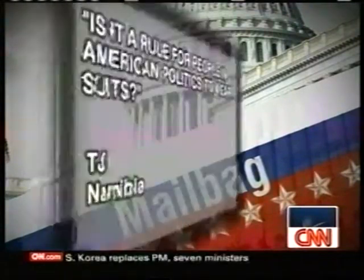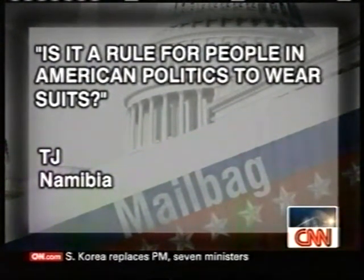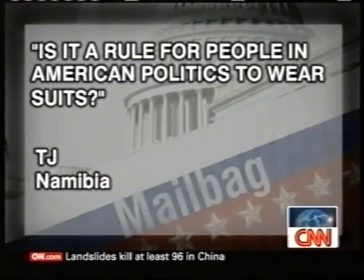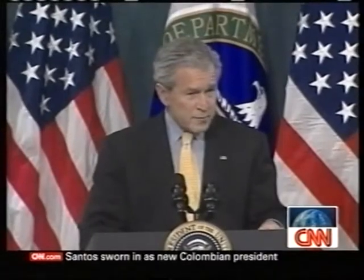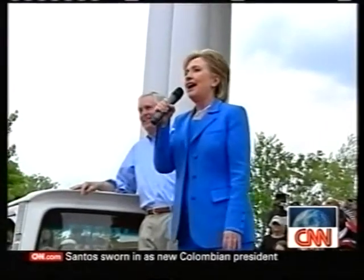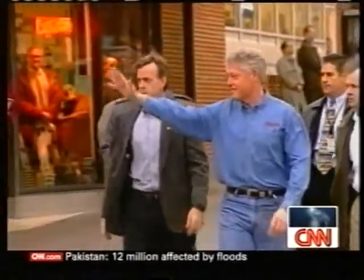To answer the mail. TJ in Namibia wants to know, is it a rule for people in American politics to wear suits? TJ, you could say the business suit is the unofficial uniform of America's political elite. Hillary Clinton made the pantsuit her trademark. But when it comes to getting elected, candidates like to go casual sometimes to come across as more ordinary and